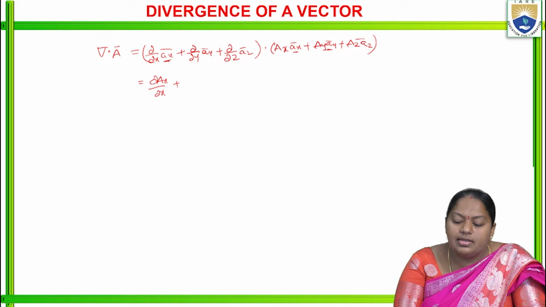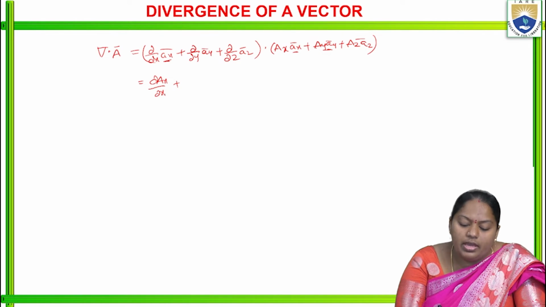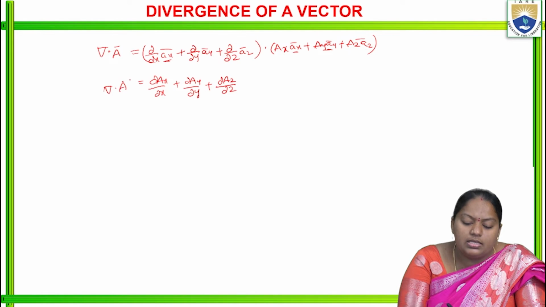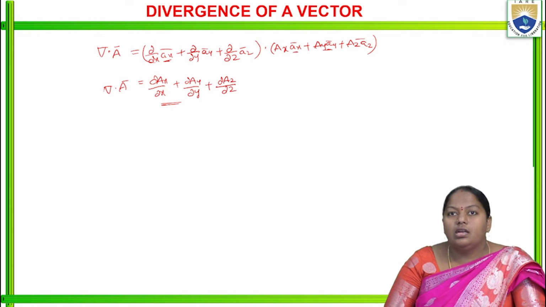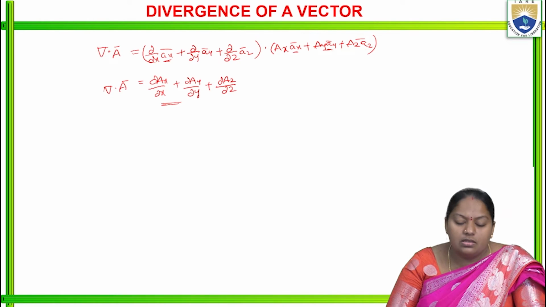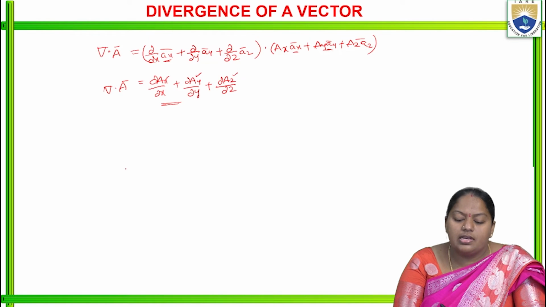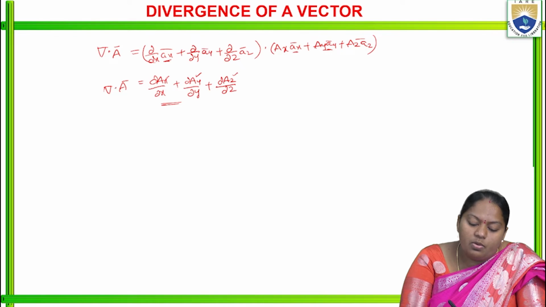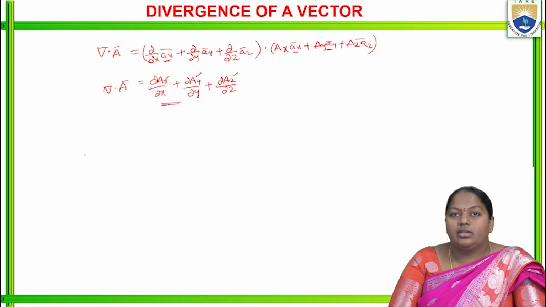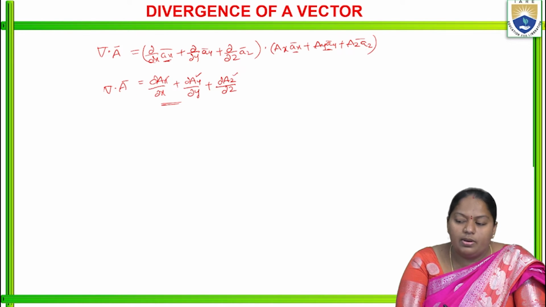Similarly, ay with x and z becomes 0. az with x and y becomes zero. Then dou Ax by dou x plus dou Ay by dou y plus dou Az by dou z. This is the way we can write del dot A bar in the Cartesian coordinate system. See, we have to consider the vector magnitudes in all the directions as x, y, z. Okay, so this is the way the formula can be written for the divergence of a vector as del dot A bar equal to